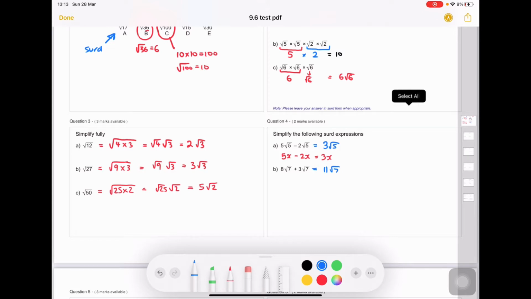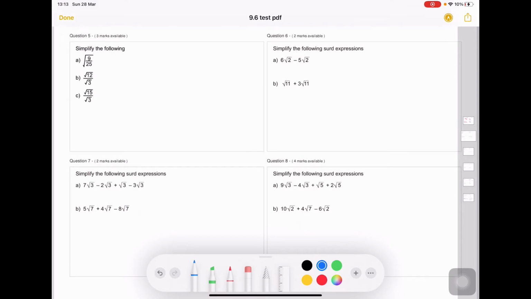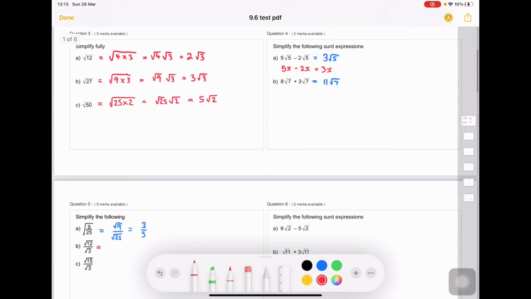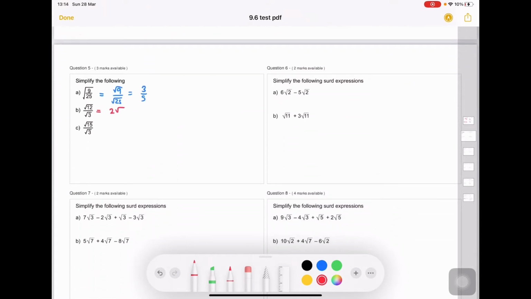Moving on to question 5. So it says simplify the following. I know that this can be rewritten like this. Square root of 9 is 3. Square root of 25 is 5. Let me change the colour. Square root of 12, well, we actually worked it out here. Look, square root of 12 is 2 root 3. So I'll write here 2 root 3